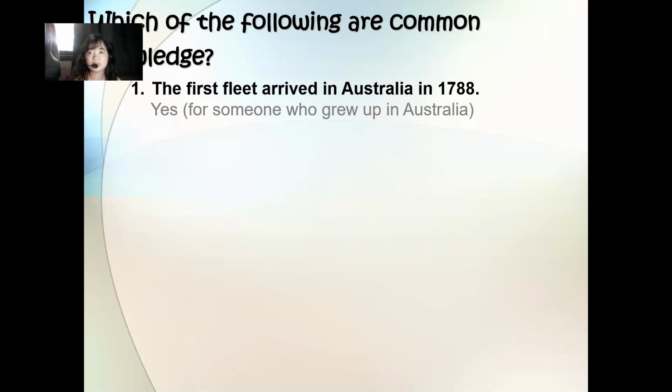In some places, it could be common knowledge for them, because they already know that, they were taught that since elementary. But for others who are not natives or residents of that area, maybe they don't know that, so that is not common knowledge for them and they have to reference it. So, understood?